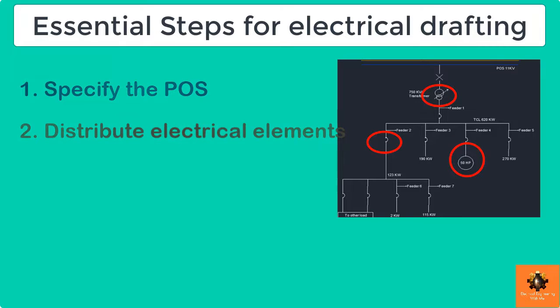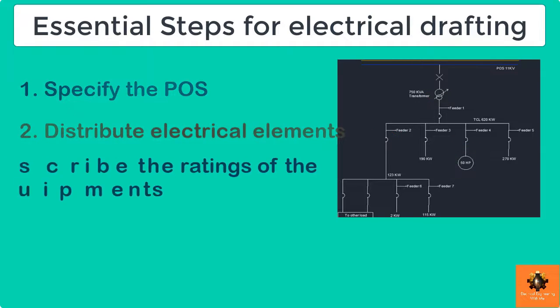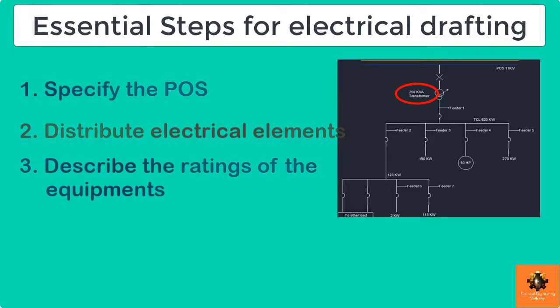Okay, now the third point is describe the ratings of electrical equipments, means list all the basic and standard information for the equipments such as ampacity. Ampacity means current carrying capacity of the equipment, then length of the cable, type of the cable, and insulation type, fault current, withstand capacity, voltage drop, transformer and generator ratings. So like this, okay, describe all the ratings.